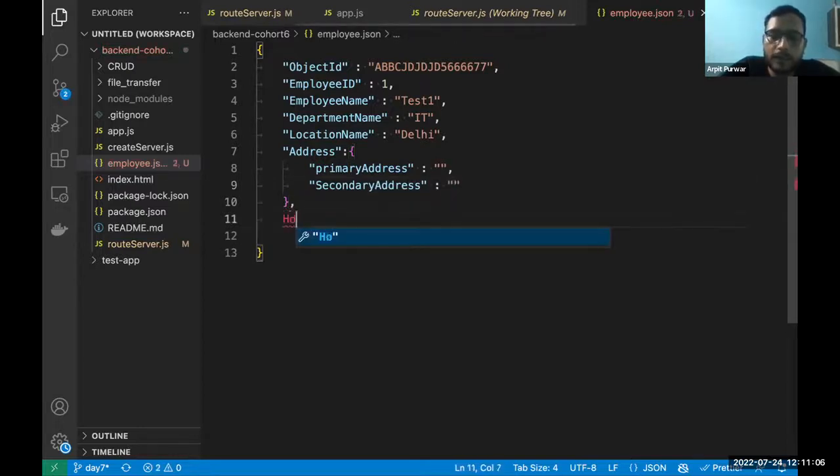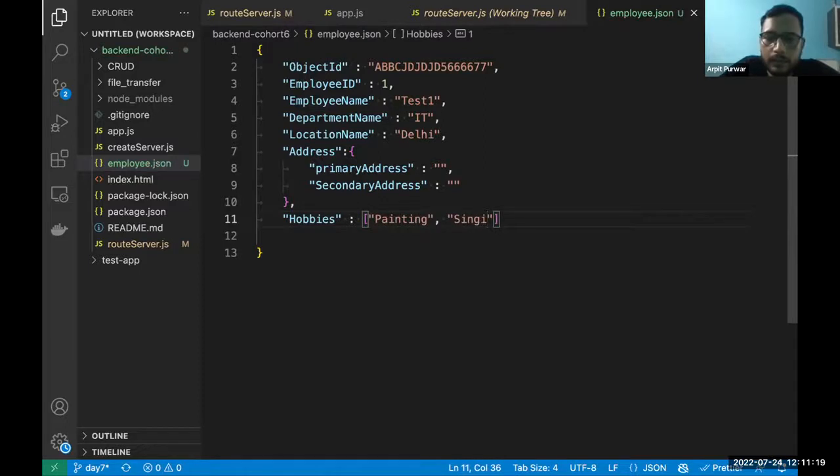Then we can say hobbies. Everyone has multiple hobbies, right? Then we can have one array where we can write painting, singing, and so on. Same goes for the contact number.